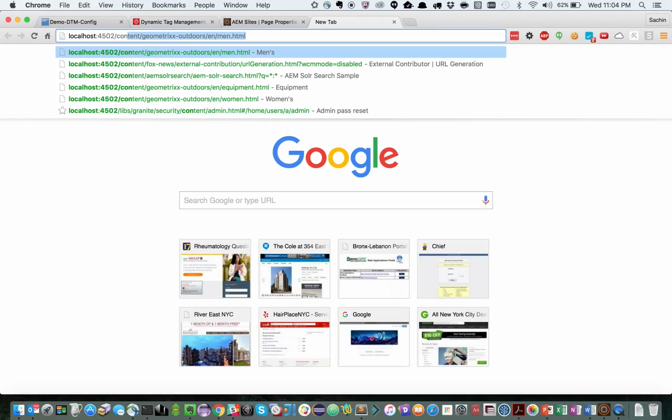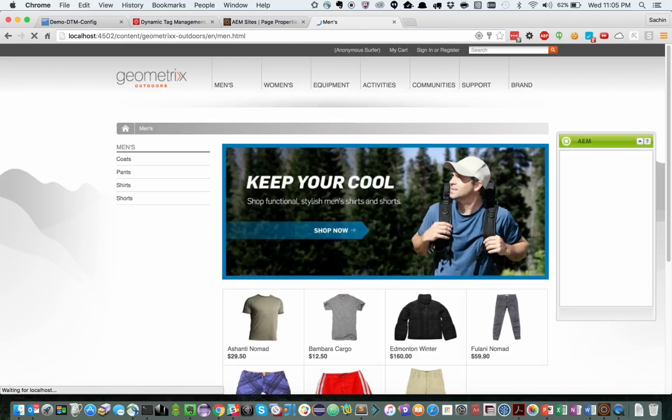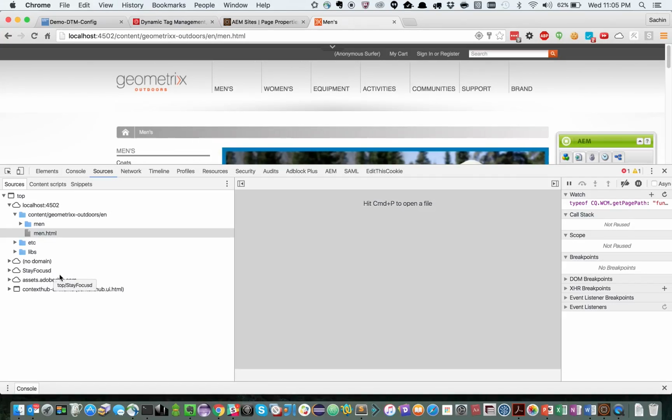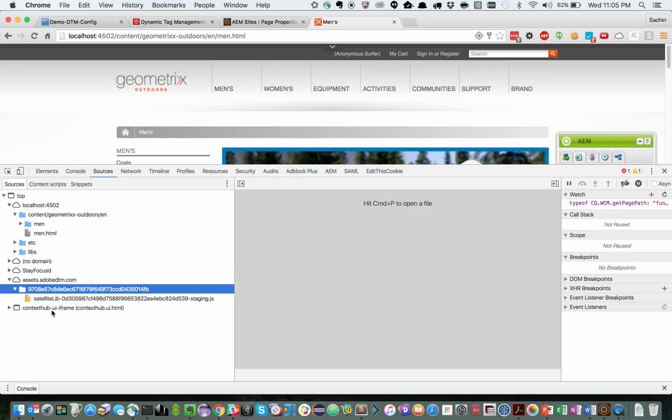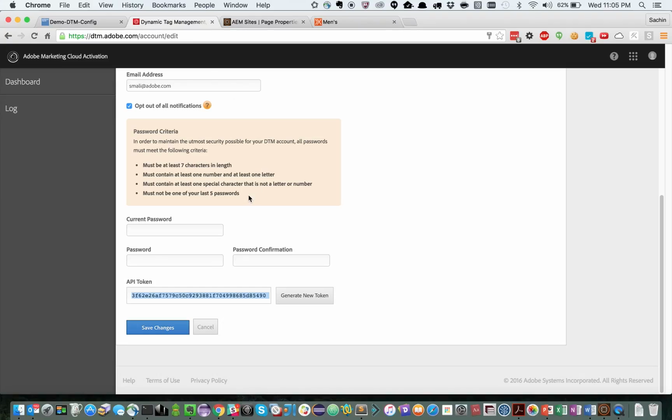So localhost geometrics here. Okay, so if you go under source, as you can see, satellite LB, which is nothing but the DTM. These files are now being loaded as part of my geometrics outdoors. Cool. So now let's go ahead and change the DTM property to add